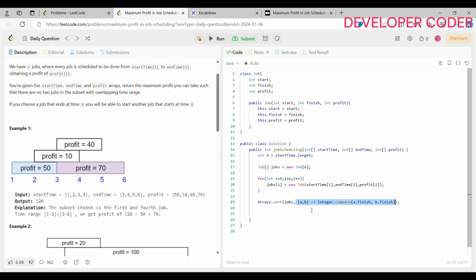Okay, so how is it going to work? A and b are, let's say, two parameters, so it is going to compare them based on their finish time. In this way our Arrays.sort will function. Now after that we are going to create an array to store the maximum profit at each